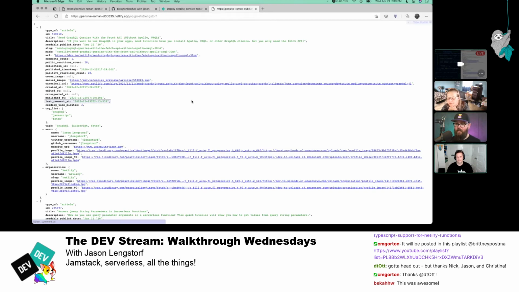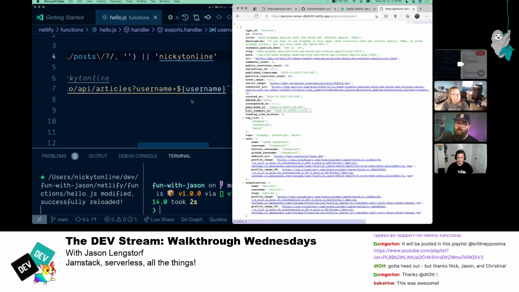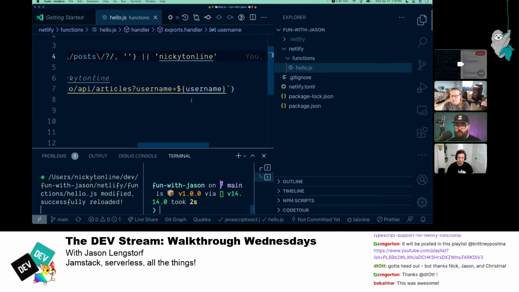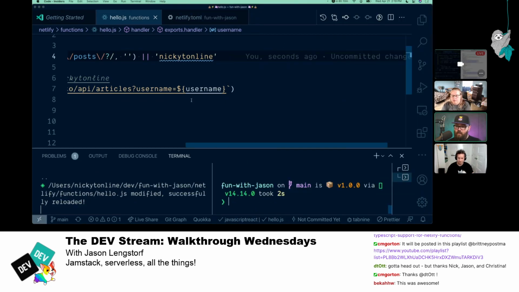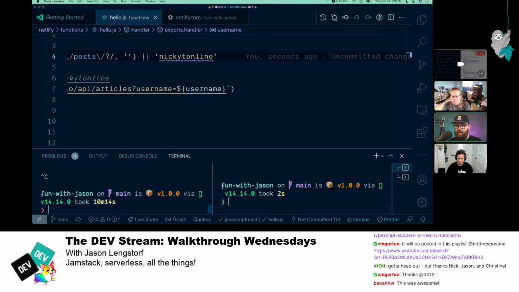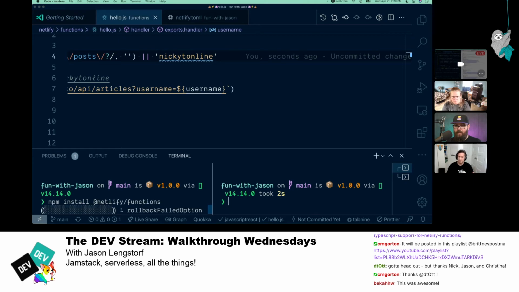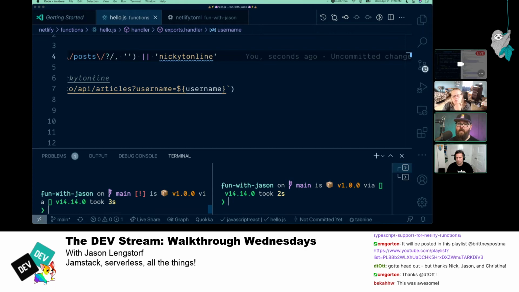Okay, let's go back to the repo and do npm install @netlify/functions. What does this package give us?